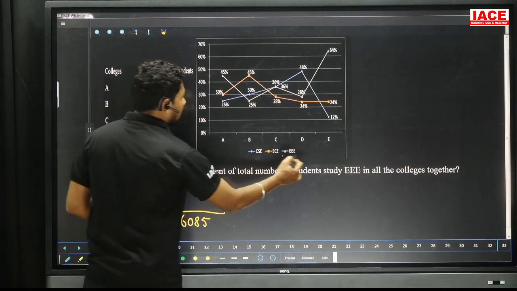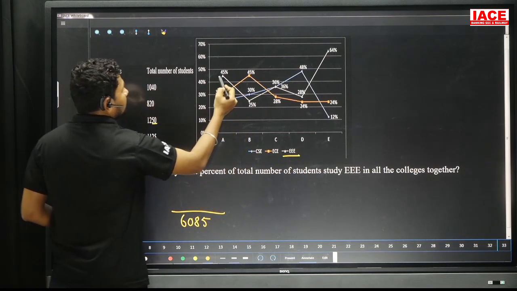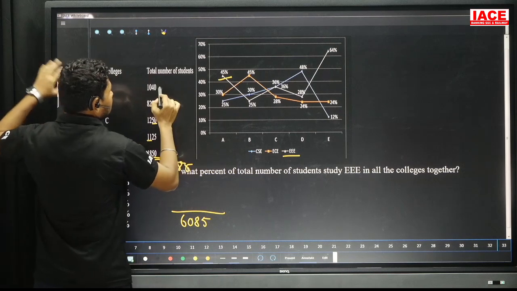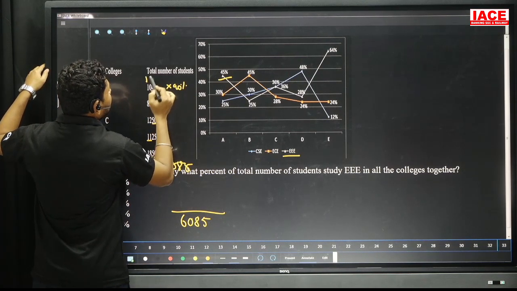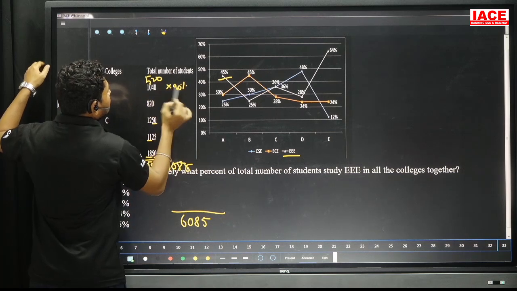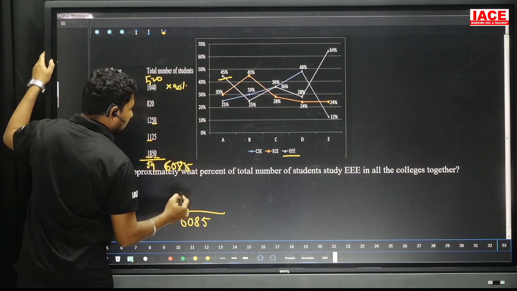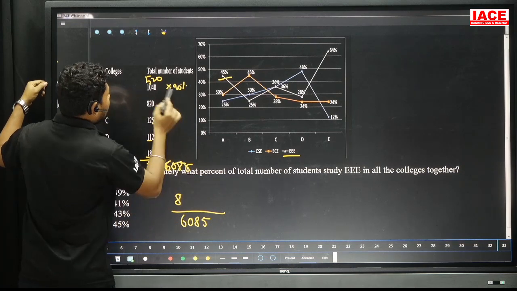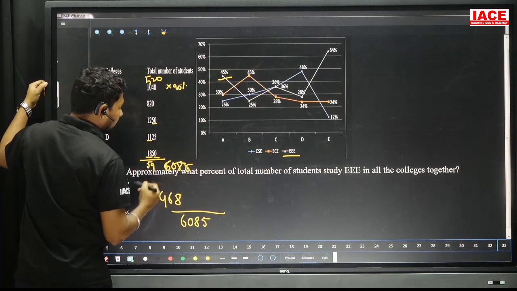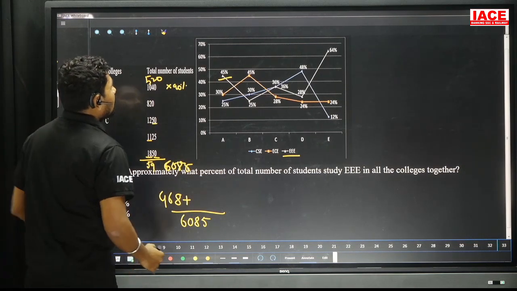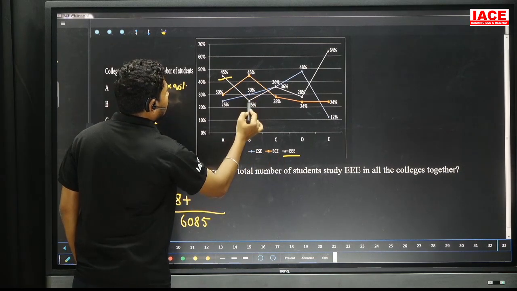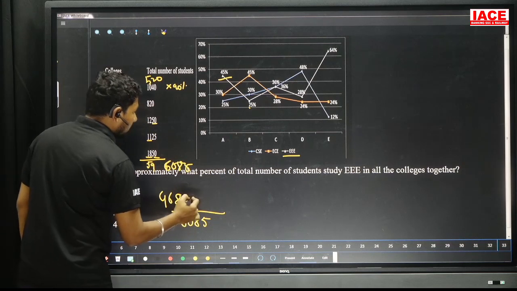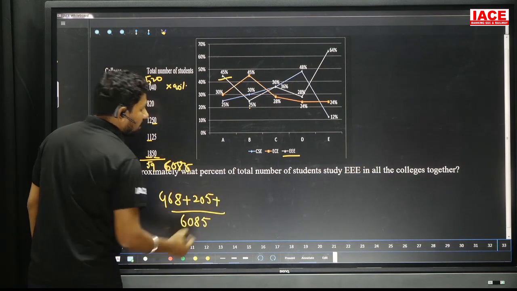Triple E, that means white color. Look at here, the white color is how much percentage? 45%. 45% is required. You can write 90%, and I will write here 1040 off value 520, and the 00 cancel. 9 2s are 18, 9 2s are 18, and 9 5s are 45. It is equal to 468 plus, and here triple E means white color 25. 25% of 420 is 205 plus.